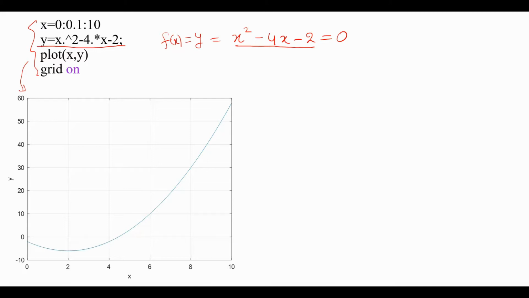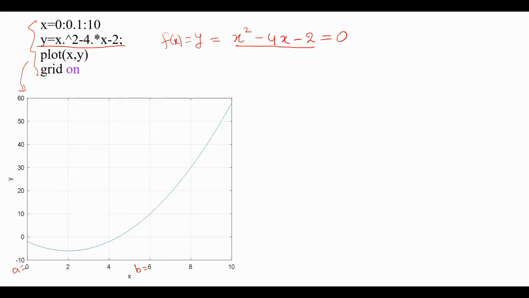Now we know that the bisection method is based on the theorem which states that if a function f of x is continuous between a and b, and f of a and f of b are of opposite sign, then there exists at least one root between a and b. So let's see, in this let my a be this and b I'll consider as 6. So you can see that